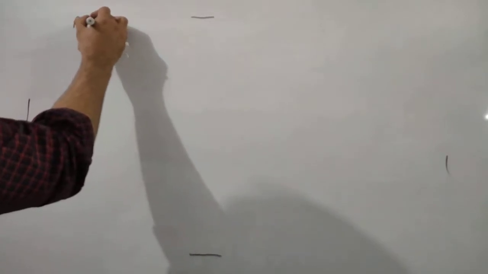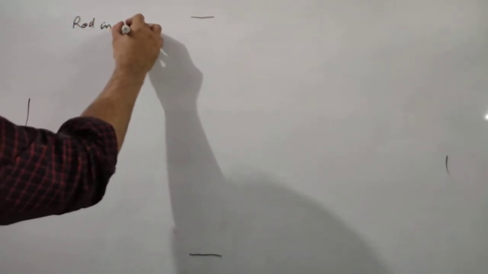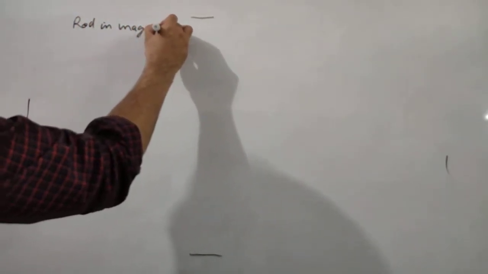In this video, we are going to consider a conducting rod moving in a magnetic field. We have already studied the current carrying coil in the magnetic field, and what is the induced EMF in that. Now let us say that there is a rod. So there is a rod in a magnetic field